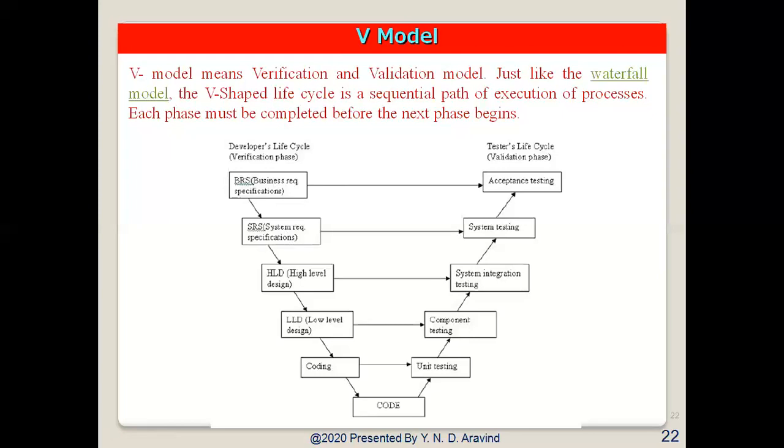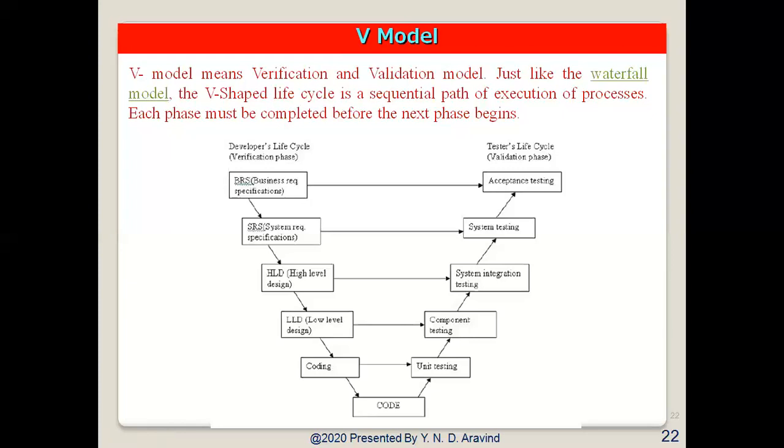So there are various phases of the V model. Once the requirements like BRS and SRS begin the life cycle model, just like the waterfall model. But in this model, before the development is started, a system test plan must be created. That test plan focuses on the methods and functionalities specified in the requirement gathering.